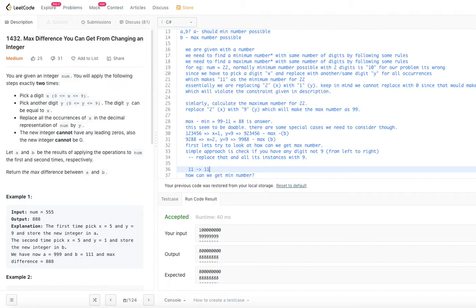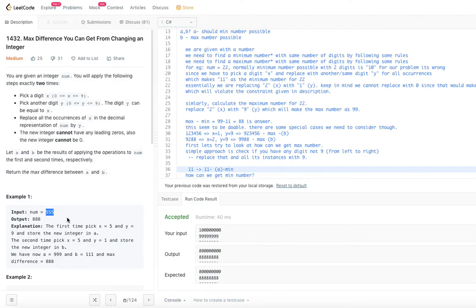That's it. 11 is the minimum number. A, I am calling, right? So A is the minimum number. So for 11, itself is a minimum number. But how to come up with a minimum number is the question, right? Let's go and try to understand what it takes to get a minimum number. In our previous illustration, for 555, we started with 0.